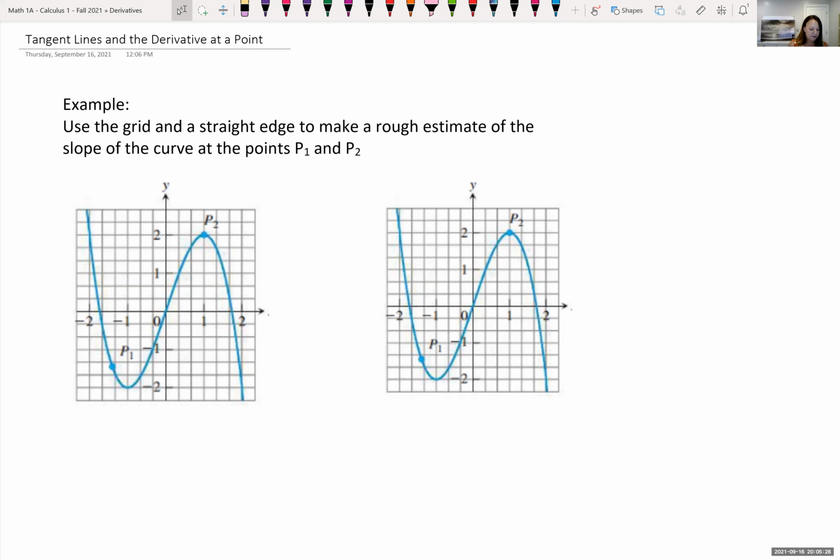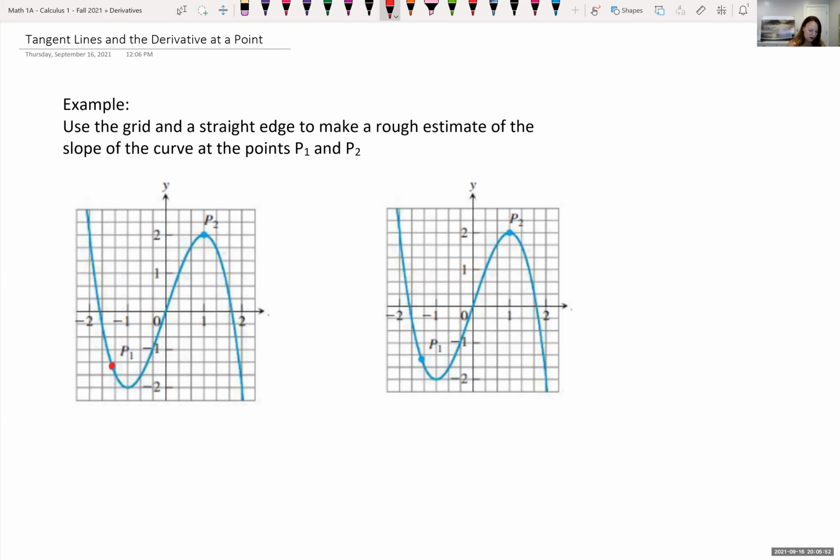And so in front of us, we have the same graph, and we have 2 points on that graph, and we want to use the grid and a straight edge to make a rough estimate of the slope of the curve at points 1 and 2. Okay, so let's look at the graph. If you're looking at the graph and looking at point 1,